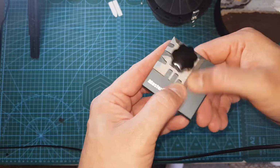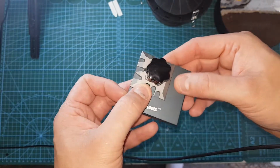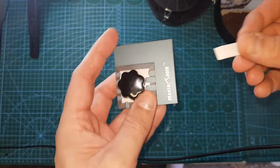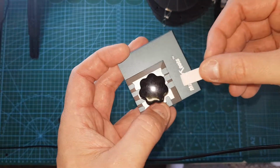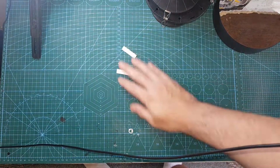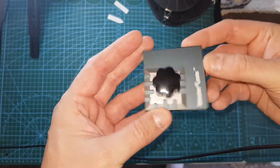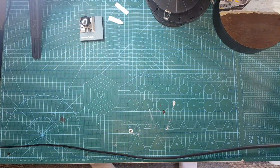And it's got different bending surfaces. This turns around, and you can put your piece in, clamp it down. It comes with 2 benders. A lot of people use razor blades or scribing tools to get under the piece, bend it how you like it, and you're good to go. That's the long and short of it. Now, this is a Master Tools version. I don't know if you can get other versions, or whether this is the proper one or a copy. I'm not sure, but I've got that,